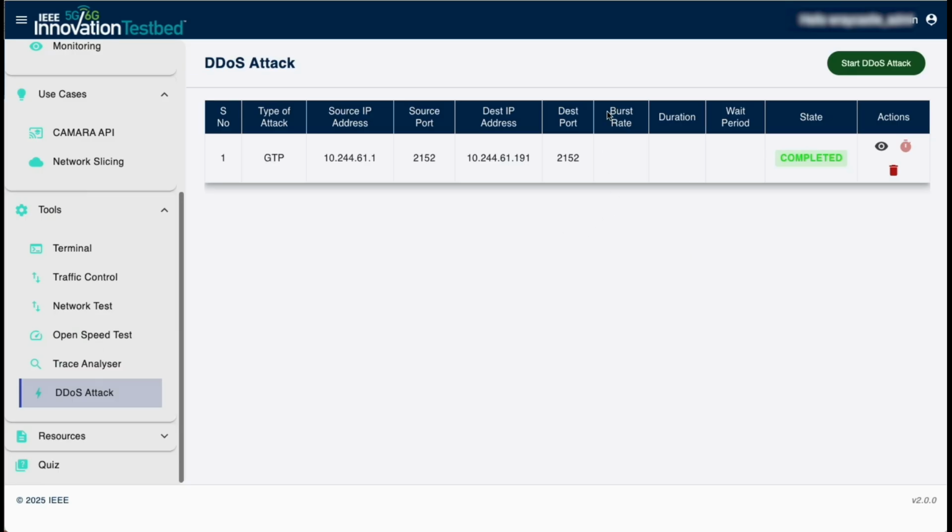And here you can define things like the burst rate, duration, and wait period so that you can run these denial of service attacks and then change some of these components and then see how the network reacts, or maybe you have a security tool that you're testing, and you could test it with different burst rate durations